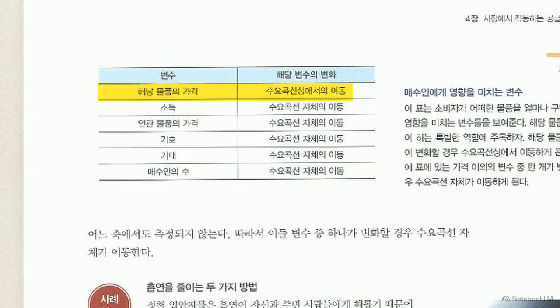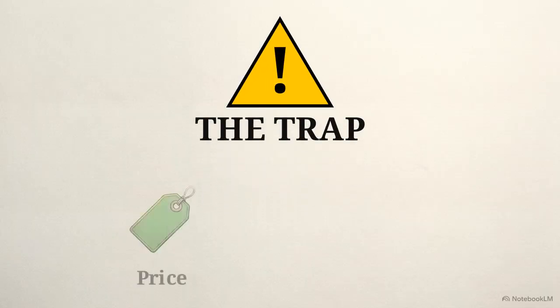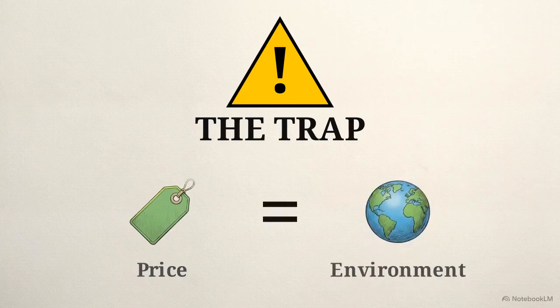The top row of this table shows when the price of the good changes, the result is strictly movement along the existing demand curve. But look below. When income, related goods, tastes, or expectations change, the entire curve physically shifts to a new position. Mixing up the product's price with these outside environmental factors is the absolute most common trap students fall